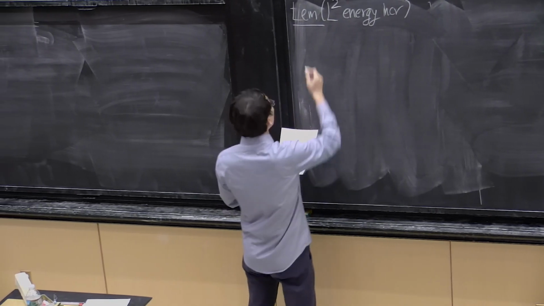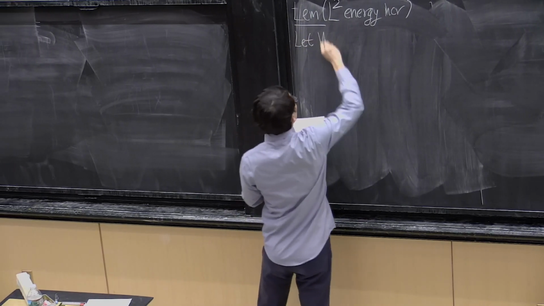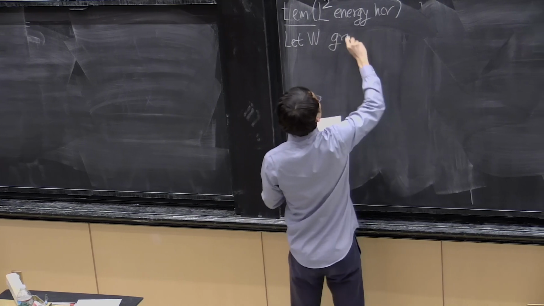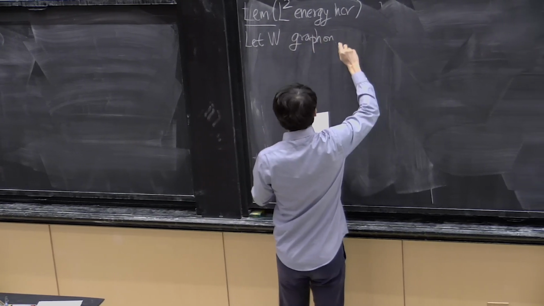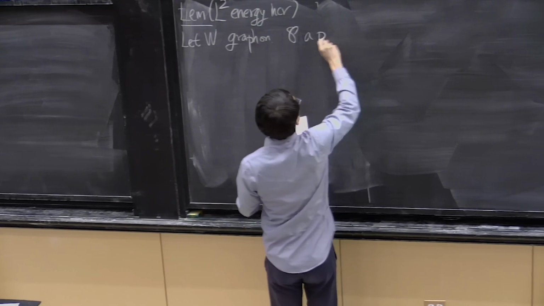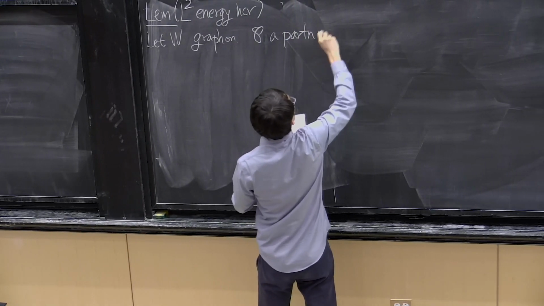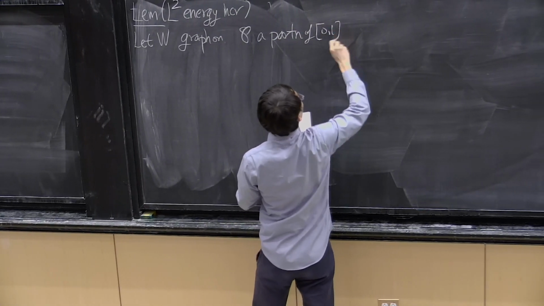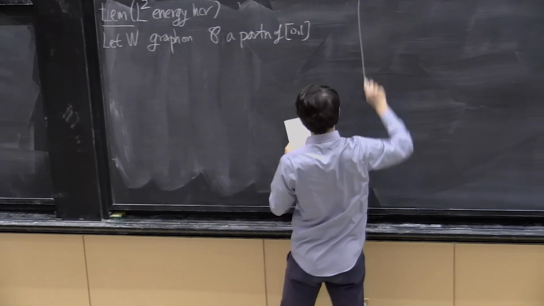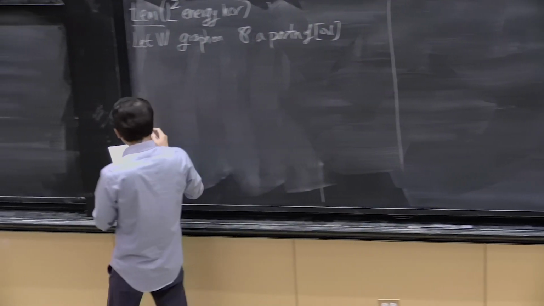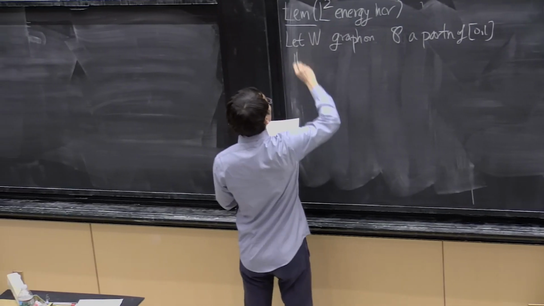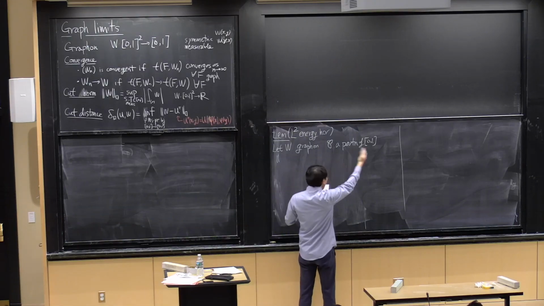The statement of this lemma is that if you have W, a graphon, and P, a partition of the 0, 1 interval, always with measurable pieces,